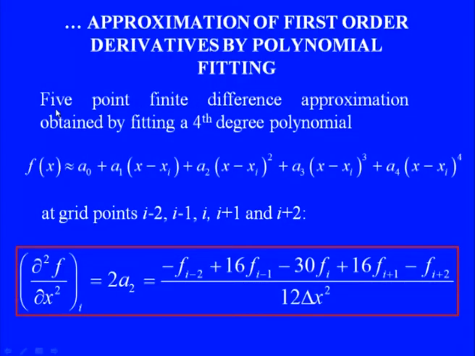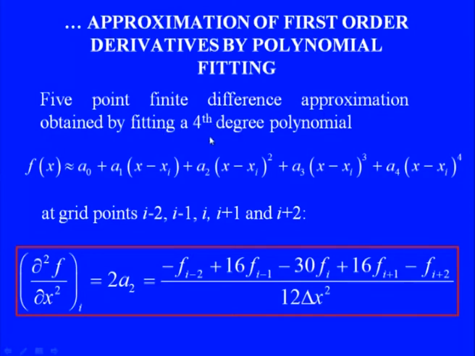So we already used this approach to derive a few formulae for the first order derivative. Now let's try and do one more derivation for our second order derivative. In fact, as part of the derivation we can also obtain a higher order formula for the first order derivative as well. So what we will attempt is to find a 5-point finite difference approximation